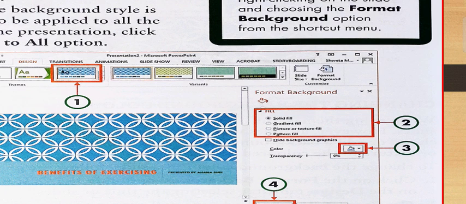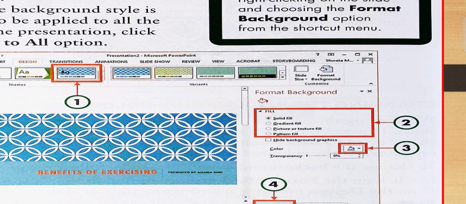Next, select the picture or texture fill radio button to use a picture as a slide background. Next, select the gradient fill radio button to apply a blend of two or more fill colors as the background.